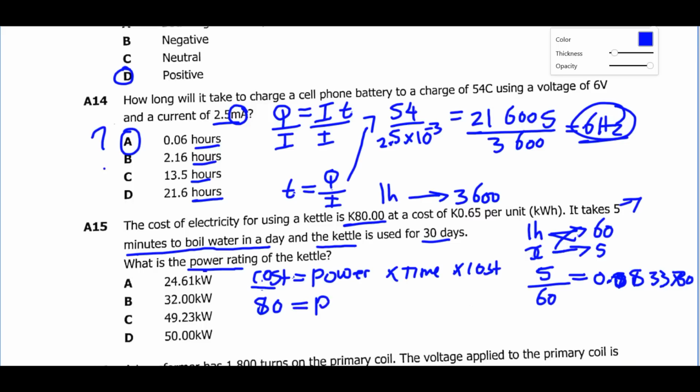Power is what we are solving for. Time is 2.5, after we change that. Cost per unit is 0.65. So I'm going to multiply 2.5 by 0.65. 2.5 times 0.65, I'm getting